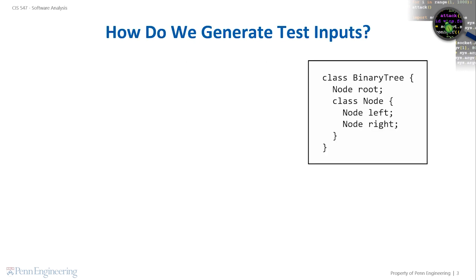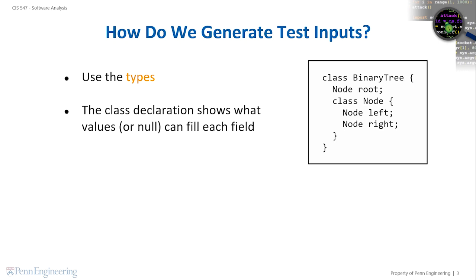In order to systematically generate all test inputs up to a small size, Korat leverages knowledge of the type information of the input. For this reason, we would consider Korat a white box testing method. For instance, if we have a function that operates on a binary tree object, then Korat knows from the type of this object that it has a root field that points to a node object or null, and that each node object has 2 other fields, each of which points to a node object or null.